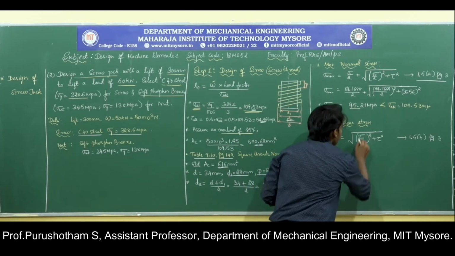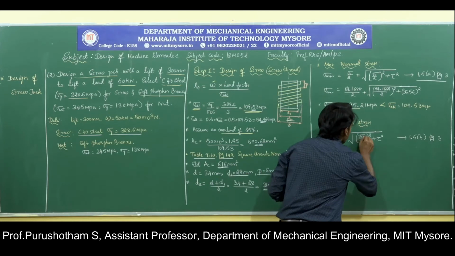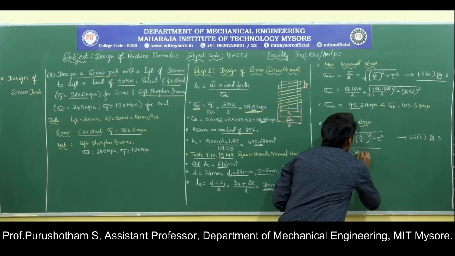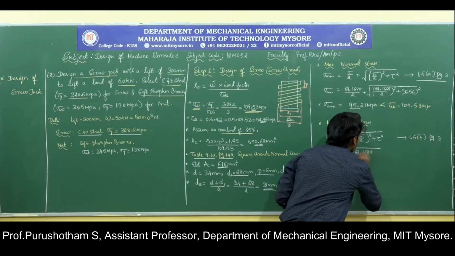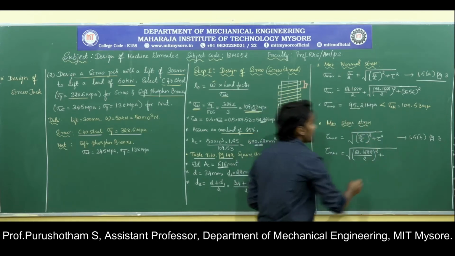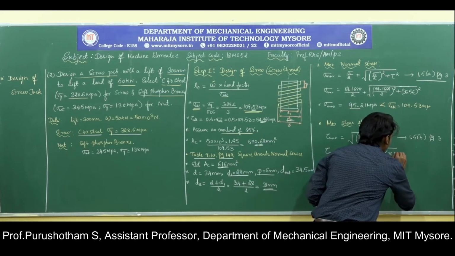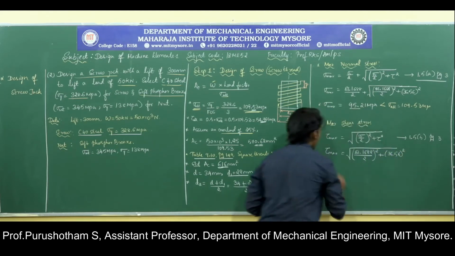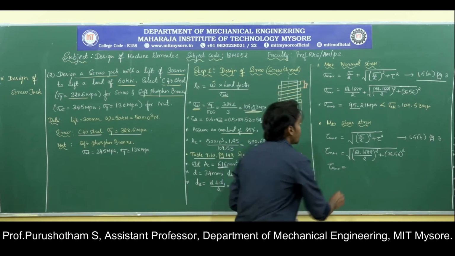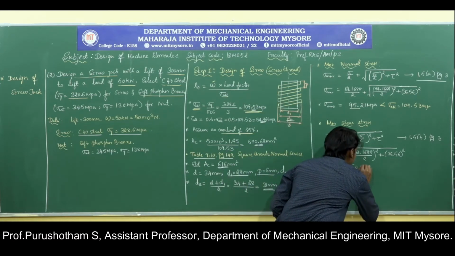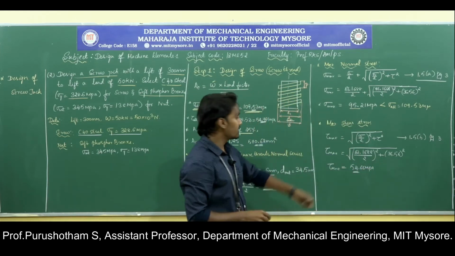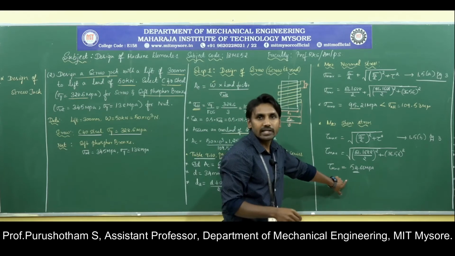In the same way, if you calculate the maximum shear stress, tau max, which is given by, instead of sigma I am going to use sigma c, square root of sigma c by 2 whole square, that is 81.1688 by 2 whole square plus tau square. Tau square is 36.56 whole square. If you simplify this, then you will get 54.66 megapascal. This will be the maximum shear stress induced in the screw.